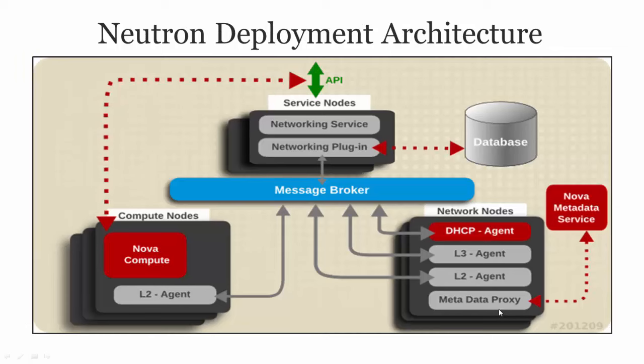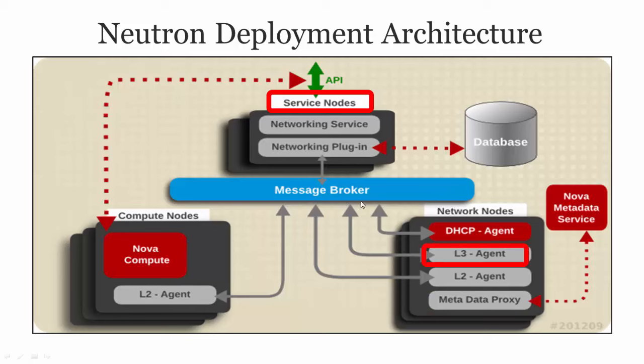Neutron deployment architecture. So here you can find, I already told you, the API can access the service node, and this service node must use the public or API network address to enable network access from the internet as an external network. At first, the service node will provide networking services like the Neutron server and the networking plugin like Modular Layer 2. And this networking plugin must be connected to the database, and this service node needs to communicate with the compute node and network node through